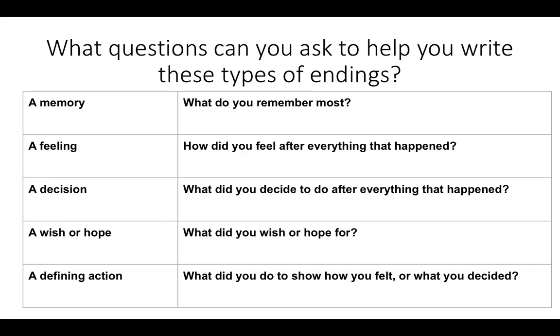So I want you to think about a story that you know really, really well. It could be as simple as Little Red Riding Hood, or the 3 pigs and the wolf that blew down their houses, or maybe a novel that you're reading right now. Think about how the author ended the story. Which one of these 5 did the author use? Now, sometimes it might be a combination of a few. But I'm not asking you to do all 5 for one ending.